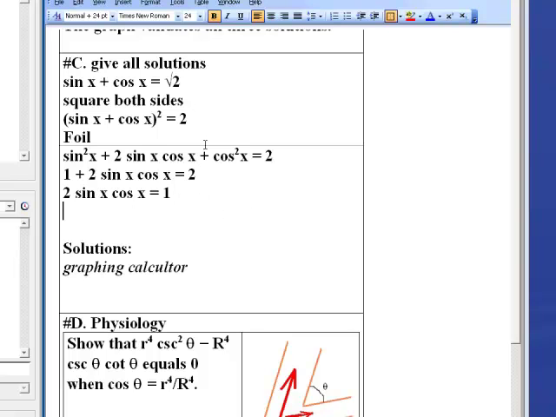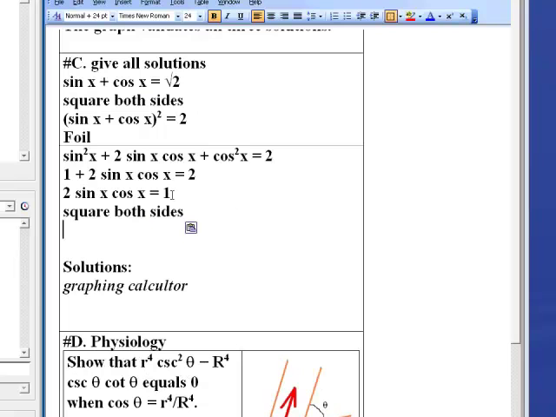What I'm going to do next is, again, square both sides. And you will see where this leads to. So I'm going to have 4 sine squared cosine squared equals 1. And now I can use a Pythagorean right here that will get finally rid of the sine,